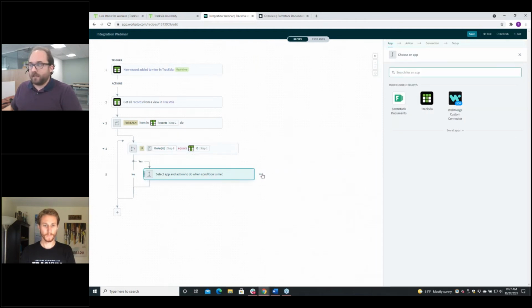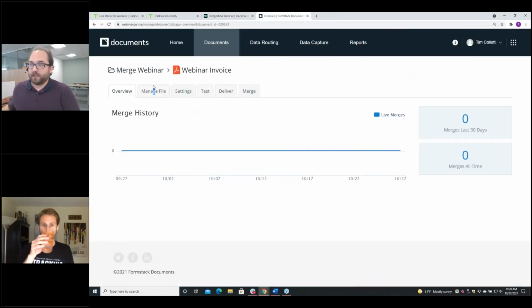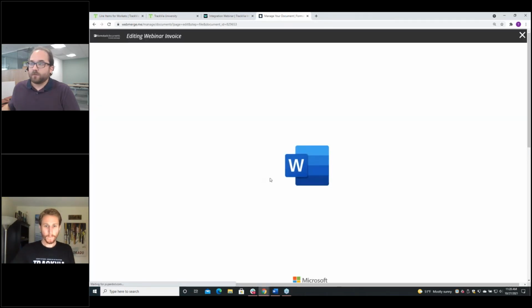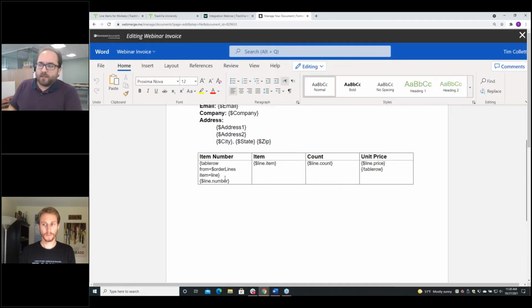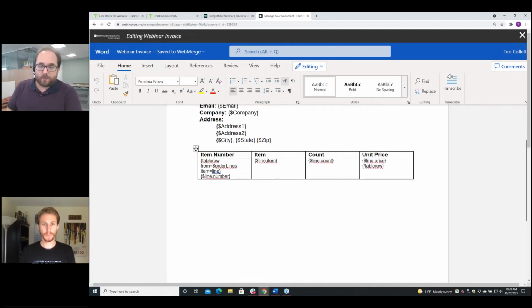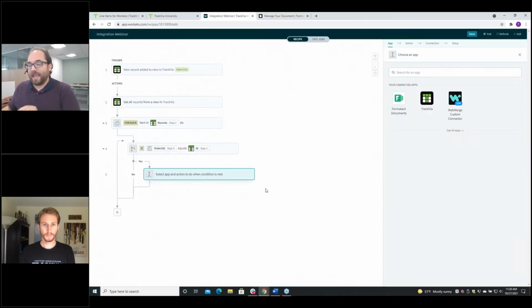And then once it's been selected, I'm going to need to build a list out of it. So what we're going to do here is, in order to send all this over to Webmerge, we have to collect all those child items and put them into an array. Webmerge is going to want, for specifically the part of this document where we're making this table row down here, we need that to be in the form of an array as it goes back over to Webmerge, because Webmerge needs to see it as a list of items that each contain their own separate fields. So in order to feed that to Webmerge as an array, I'm going to need to build the array here as an accumulated list.